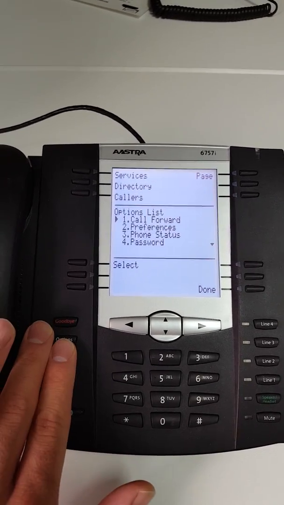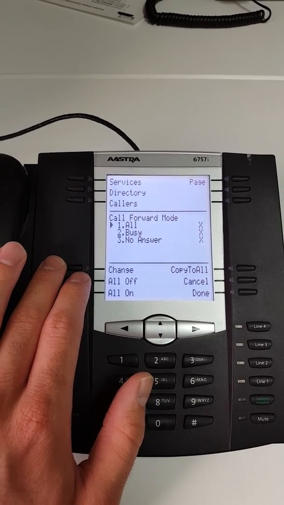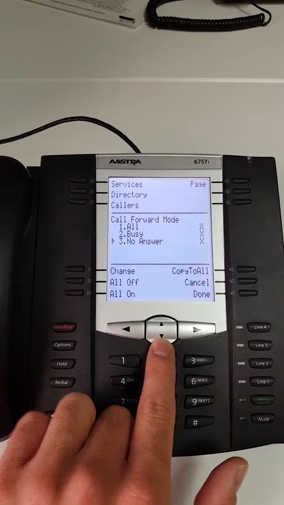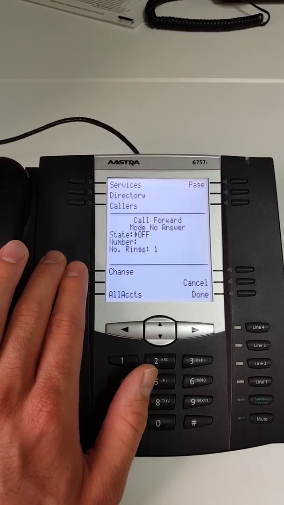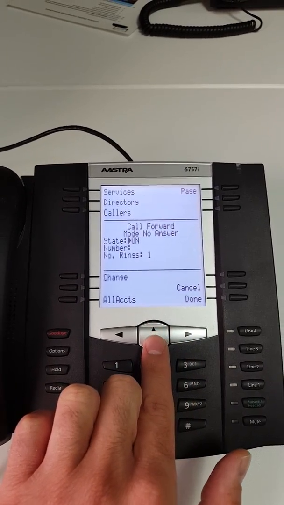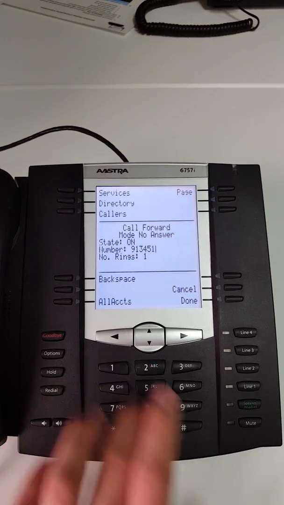I'm going to go into the call forwarding option as I did before, but instead of selecting all, I'm going to scroll down to no answer and then hit change. And then for the state, I'll switch that to on, and then scroll down and enter in the number that I want to forward to,